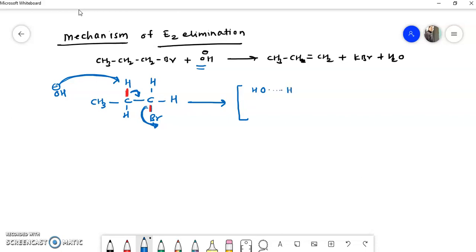Okay, this is hydrogen, this is carbon. This bond is as it is, so no change in that bond. Here also no change, here also no change, only this bond is forming. This carbon, this bond is as it is, but this bond is breaking, so we'll remember it as a dotted line. So bracket, here is also delta negative charge, delta negative charge. So this is the transition state, I can say.